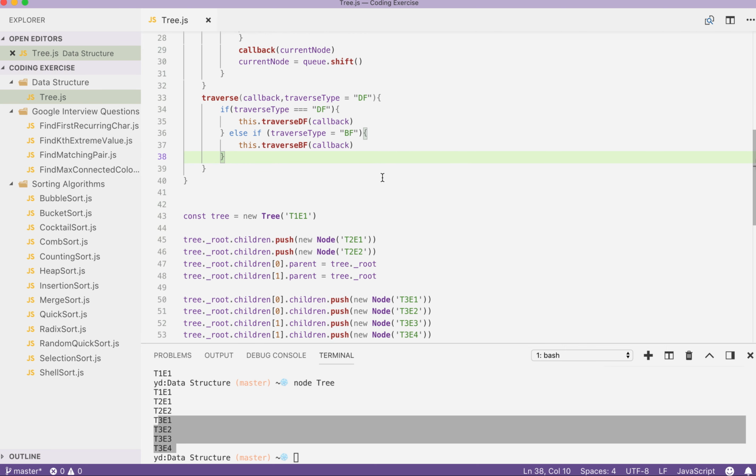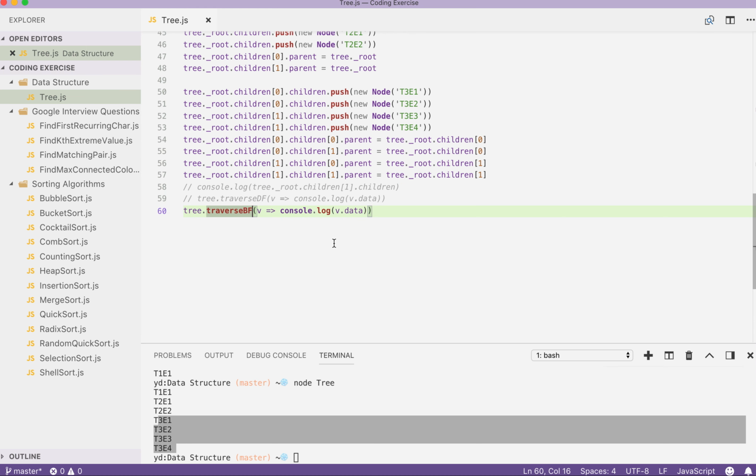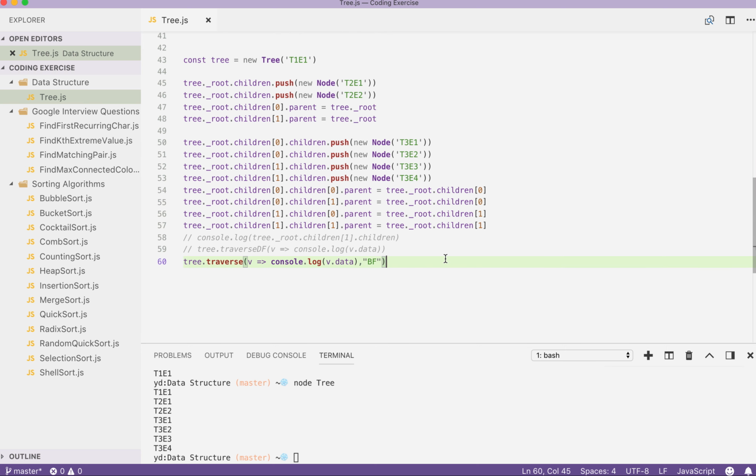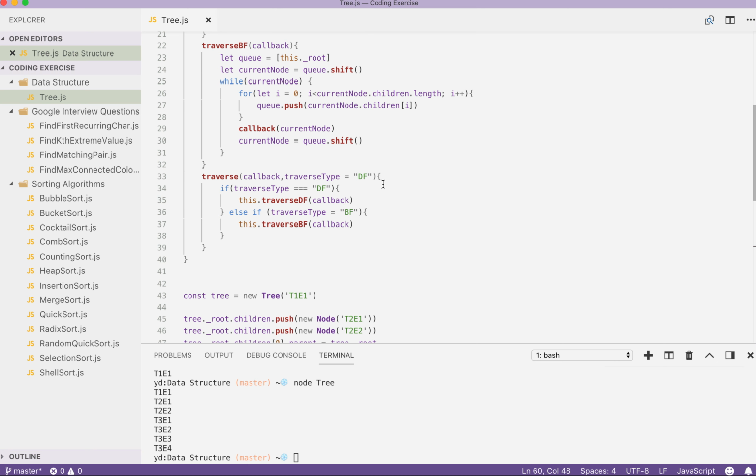Let's test out our solution. Okay, so first is going to be the depth first search. All right, and if we put in a specific value here, so for example bf, save, it's going to be breadth first search. Okay, cool. So now after the traverse function is done, I think it's safe to say we can move on